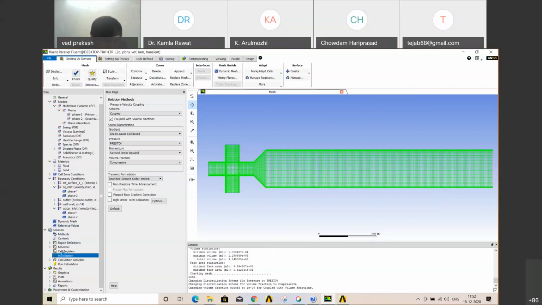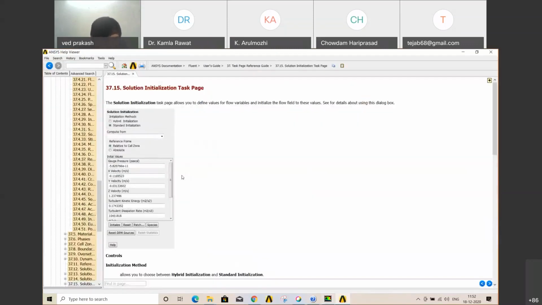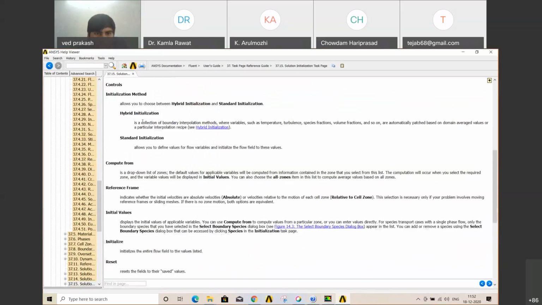The next step is initialization. Just initialize. You can also see here when to use hybrid initialization and standard initialization. Standard allows you to define values for flow variables and initialize the flow to these values.